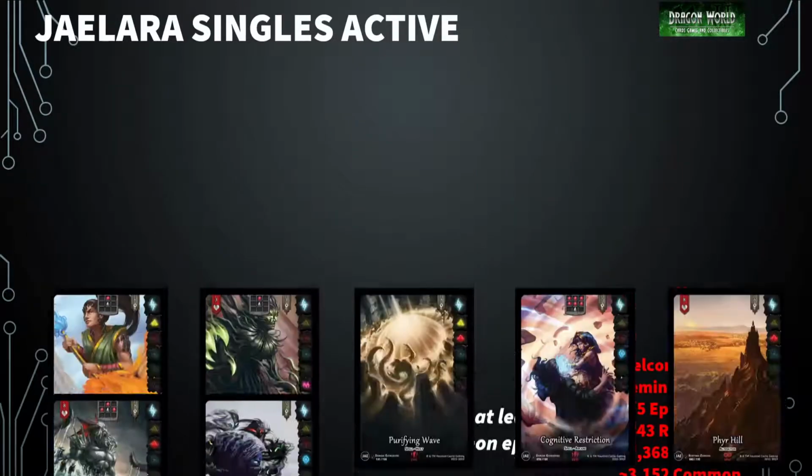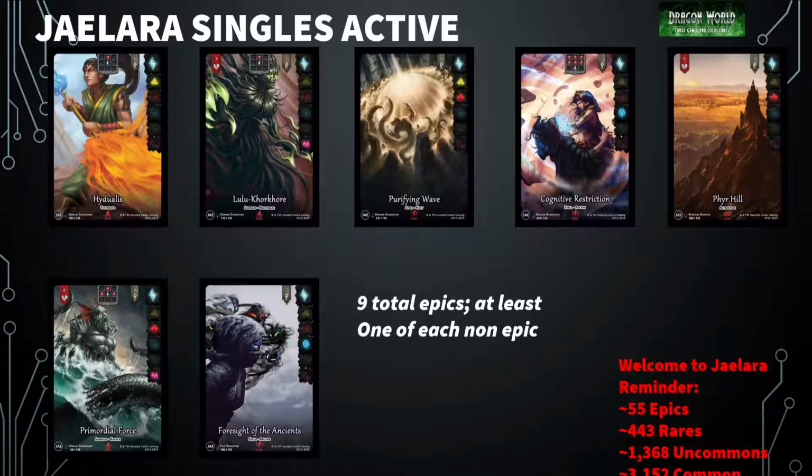We get to Welcome to Jalara. They've got 9 different epics, and then at least one of each non-epic card, so the rest of the set. So if you want to collect the set and you're not worried about the extended art epics, you could probably get everything off of their site. These 7 epics that are on there